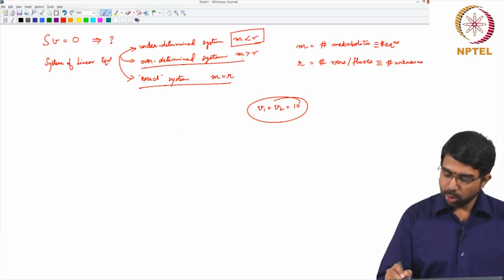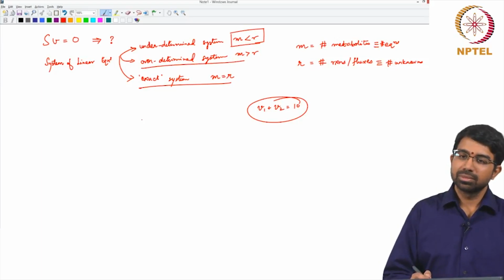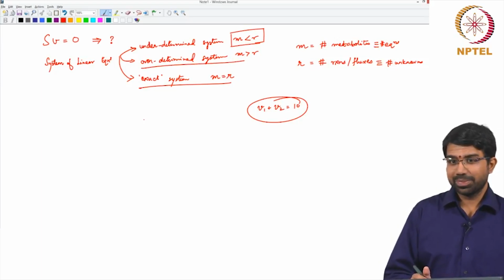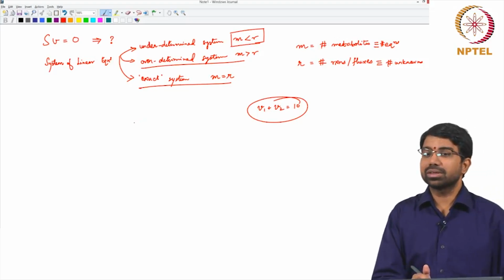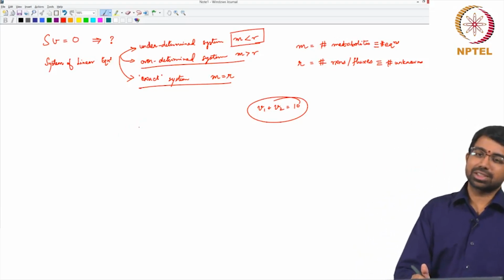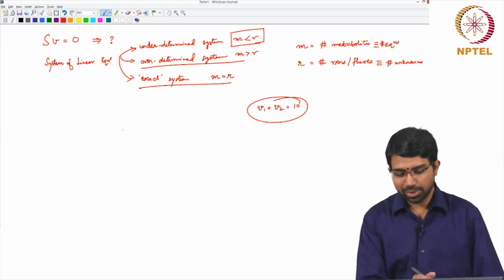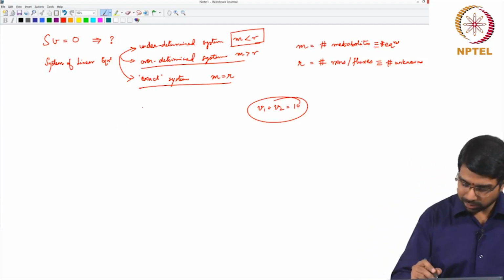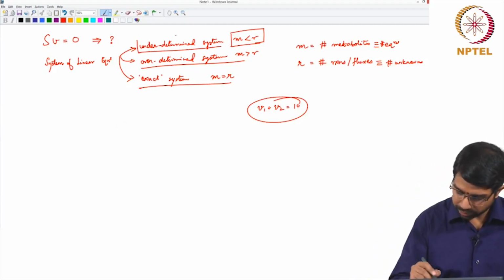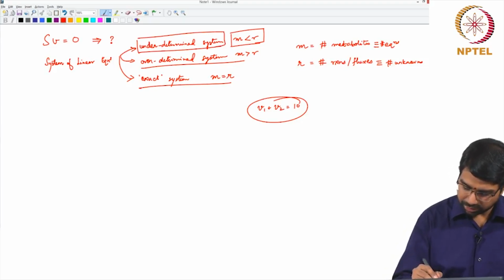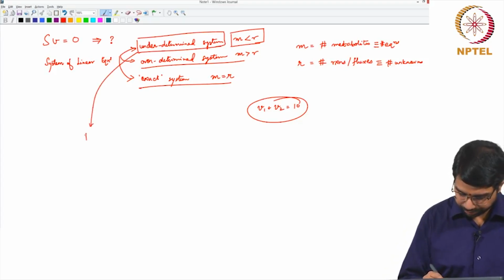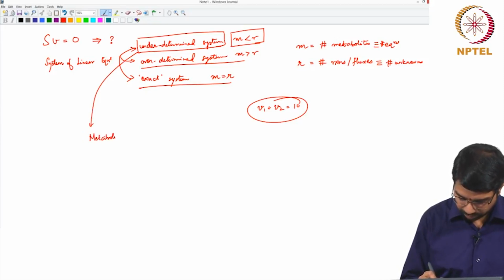And an overdetermined system could be inconsistent, right, or you might be able to fit a good solution, a solution that satisfies most constraints within some epsilon, something like a least square solution and so on, right. So, let us focus mostly on underdetermined systems, which is what we always observe in biological systems or metabolic networks,